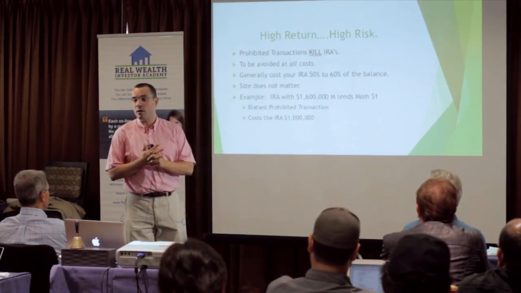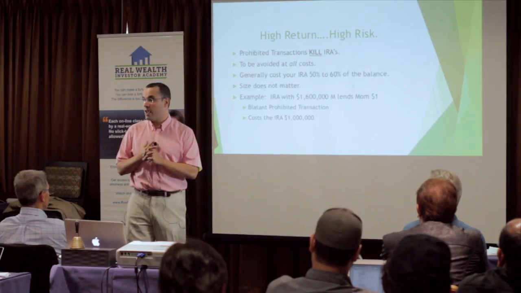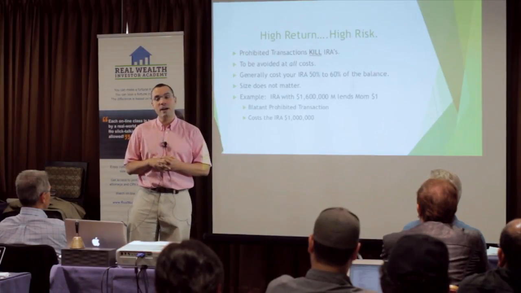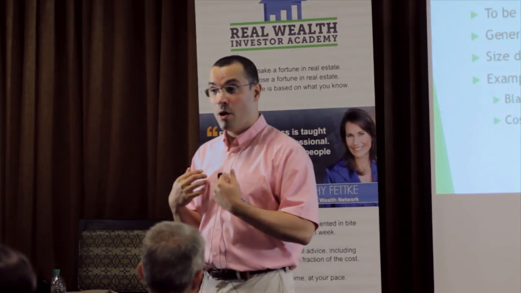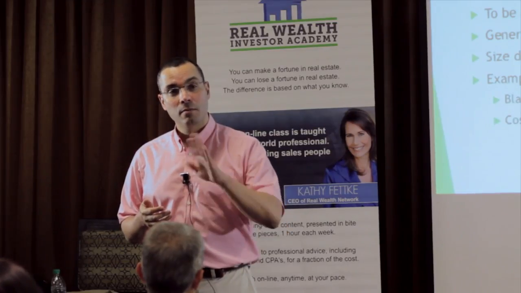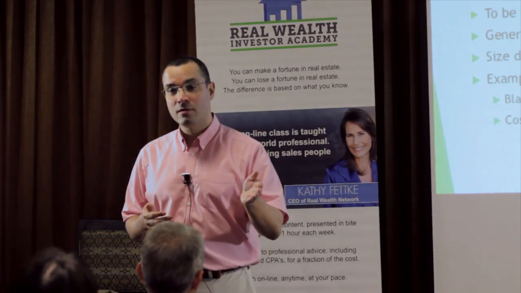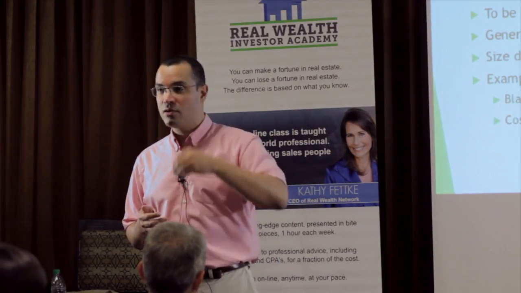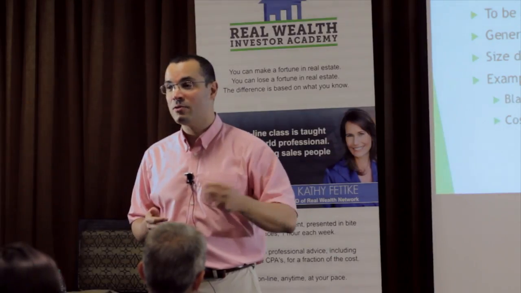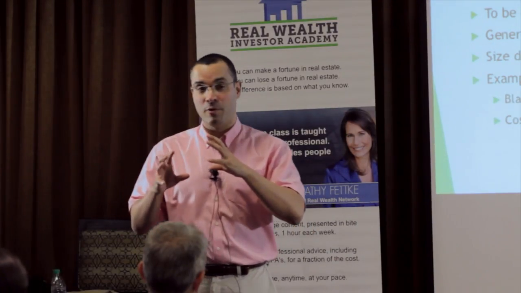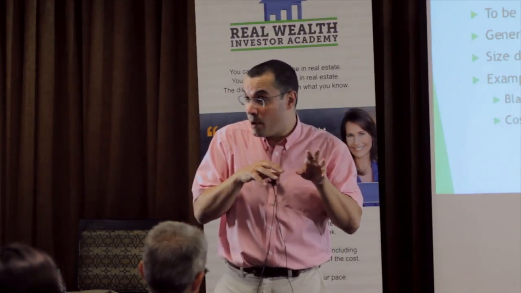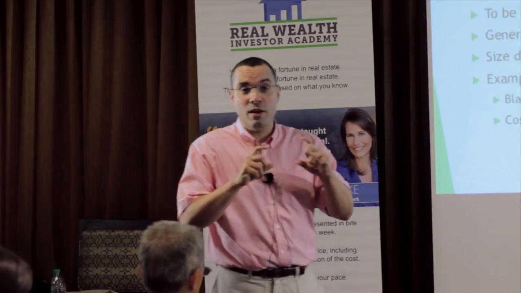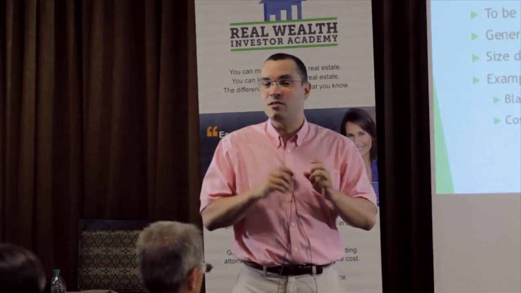So a $1.6 million IRA does a $1 prohibited transaction. Let's say I make a loan to mom. Most of us know that a prohibited transaction includes the IRA doing business with me, the owner, my ancestors, my descendants, my spouse, and the spouse of my descendants. So once again, ancestors, descendants, spouse, and spouses of descendants are direct prohibited parties. There are other disqualified persons, which is the strict term, but that's just the directly prohibited ones. You do business with any of them, the IRA dies. And the size does not matter.